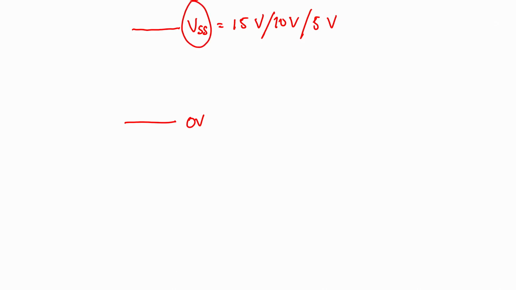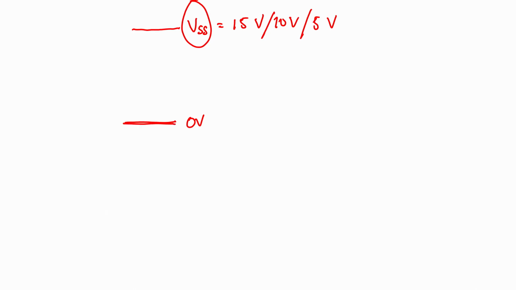Before you start, the only thing that you should remember is that for any conversion, for an analog to digital converter or a digital to analog converter, you will have your base voltage, which is usually 0 volt, and you will have your maximum voltage, which is usually your supply voltage, let us say 15 volt or 10 volt or 5 volt, whatever it is. The supply voltage or the VSS would be the power supply that is available to your board or to your design. Usually your converters are operated in this range, fine.